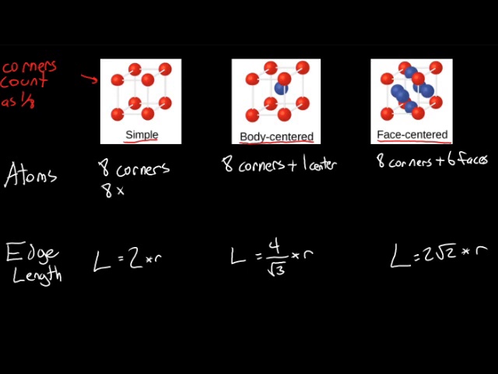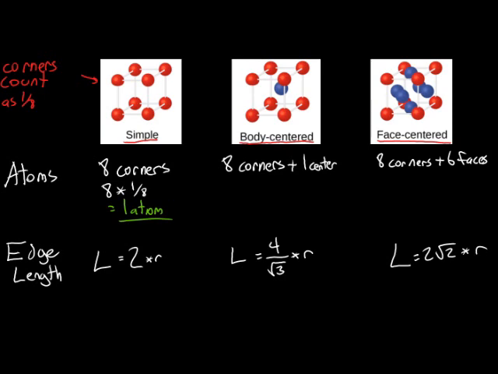So we'll say 8 multiplied by 1/8, which is how much of the red atom is inside of this cube. If we take 8 times 1/8, we'll get 1 atom. This tells us that for a simple cubic structure, there's actually only 1 atom in the cube, even though